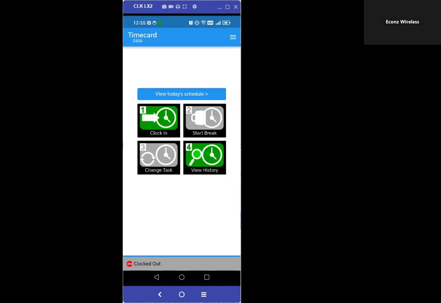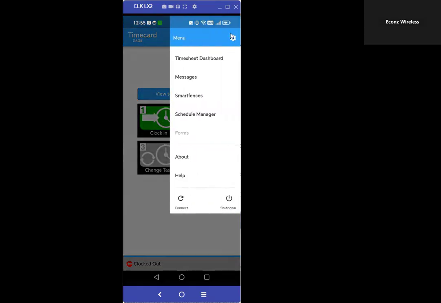Hi, in this video, I'm going to show you how to enable and use the bulk time feature for an individual user. So once we install and set up the application, it's going to look like this, just as usual. So what we need to do is access the menu on the top right corner and then the settings